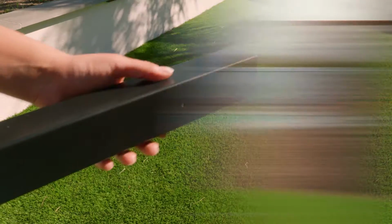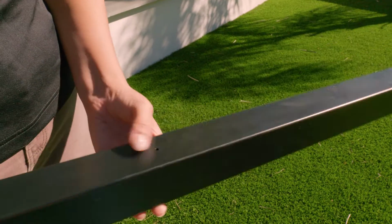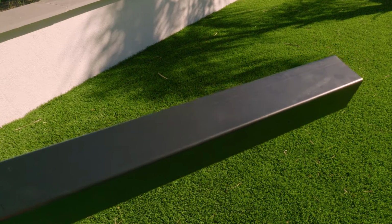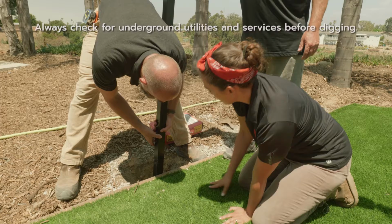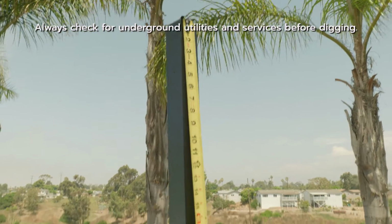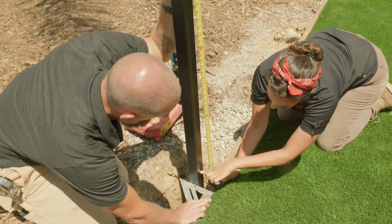Now let's get started. These black powder-coated galvanized steel posts come pre-drilled on 3 sides, so make sure that the flat side is facing out. Don't forget to add the top cap to the top of the post, and then dig your hole and place your post in the concrete. These posts are designed to be 75 inches above ground, so make sure when you're placing your posts that they're